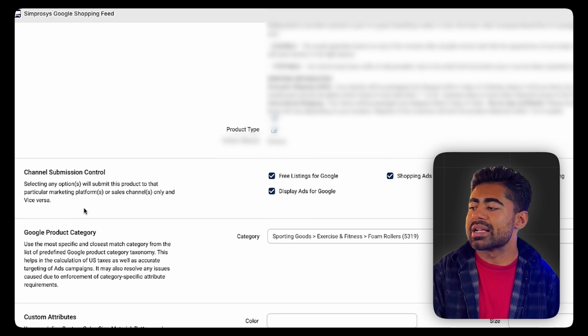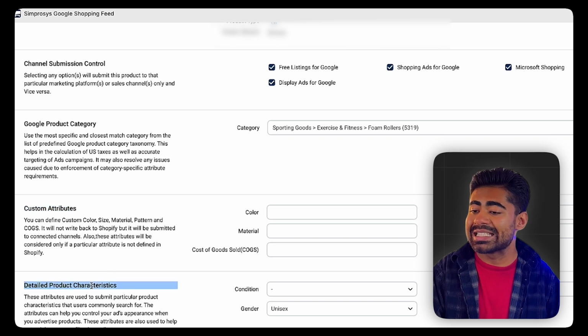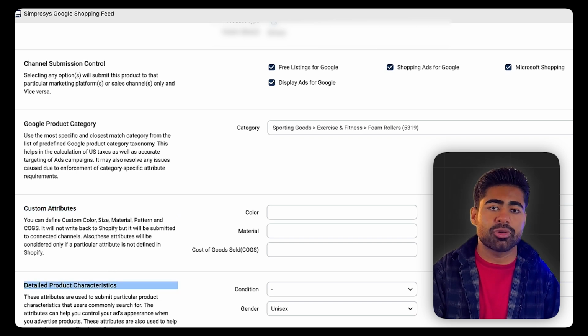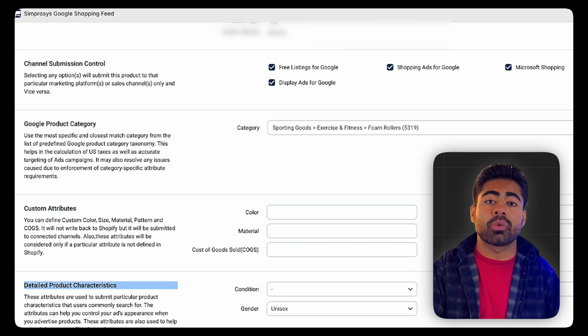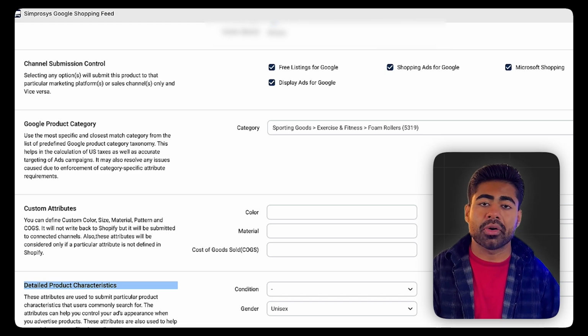Section number 1 is the Google product category. Section number 2 is the custom attribute section. Section number 3 is the detailed product characteristics section. These 3 you can think of as the holy grail of targeting, because at any given time, the algorithm has